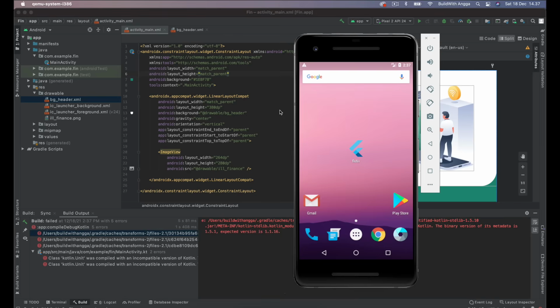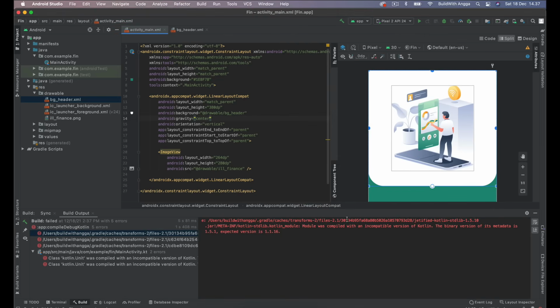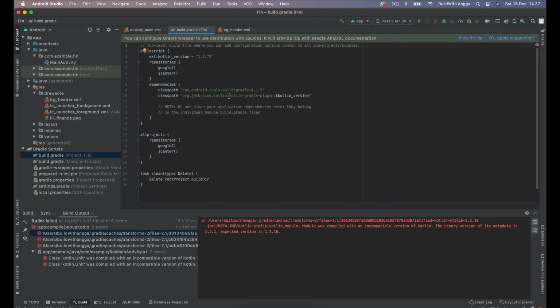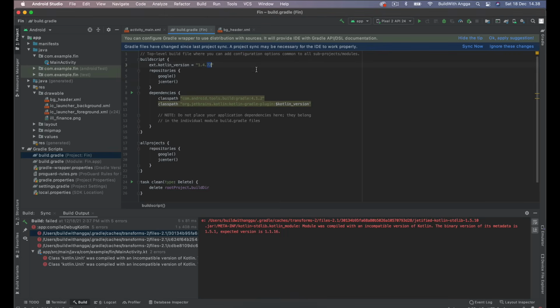But if you find out there's something wrong like this, I think this is because of my Kotlin version in the build Gradle. I was supposed to change it to 1.4.32, and then just sync now.